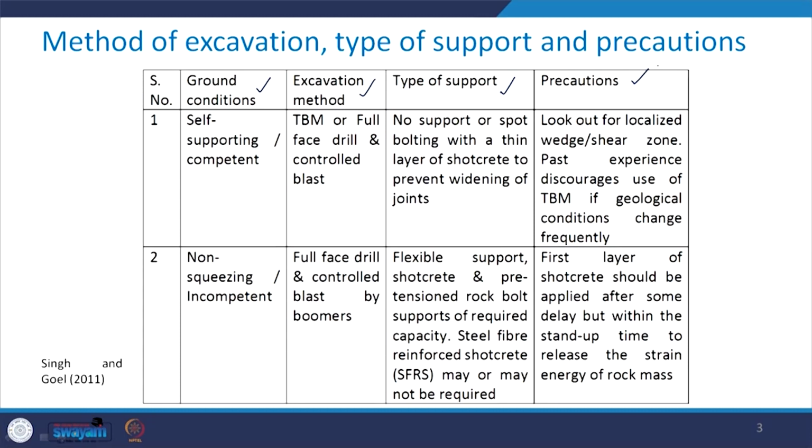So, we discussed in the previous class that the first ground condition was self-supporting or competent ground. So, the excavation method in this case can be TBM, which is tunnel boring machine, or full face drill and controlled blast. No support is required, or spot bolting with a thin layer of shotcrete to prevent widening of the